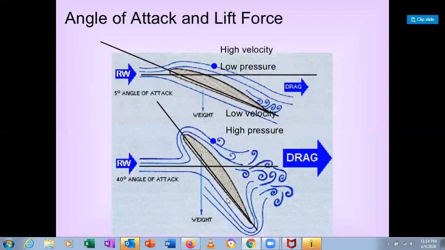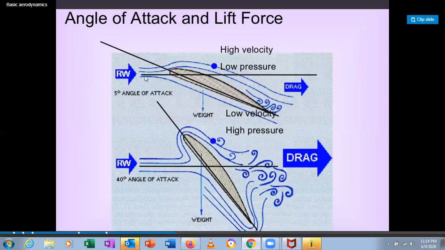Okay, so you can see here the angle of attack and the lift force. Here is the airfoil where the air is flowing upward, and you can see there is a flow separation. With the separation of the flow, wake formation and vortices formation occur. Then you can see the boundary layer separation. With the boundary layer separation, lift reduces. At a higher angle of attack, the stall occurs.